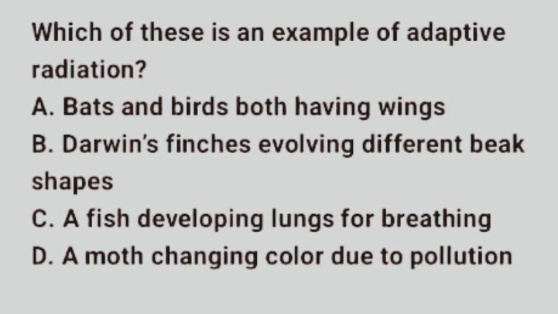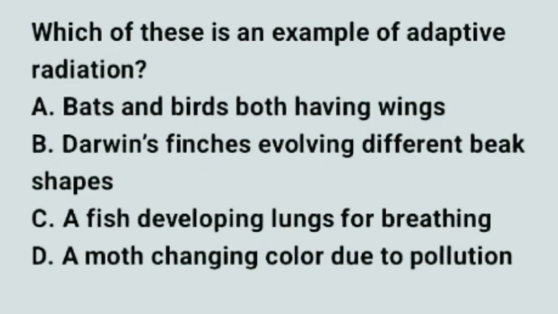Other options like option A, C, and D. Bats and birds have what they call convergent evolution. That's similar structures due to similar needs, not common ancestry. Fish with lungs is an adaptation and not radiation. And then the last option there, moths changing color, is natural selection and not an adaptive radiation. So the correct option there is option B, Darwin's finches